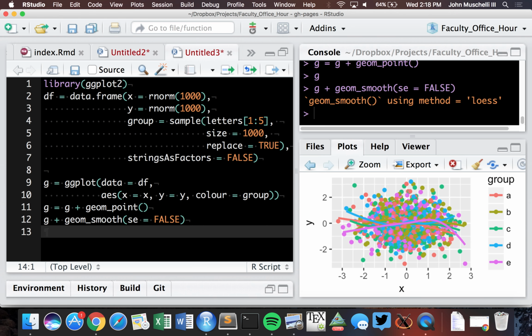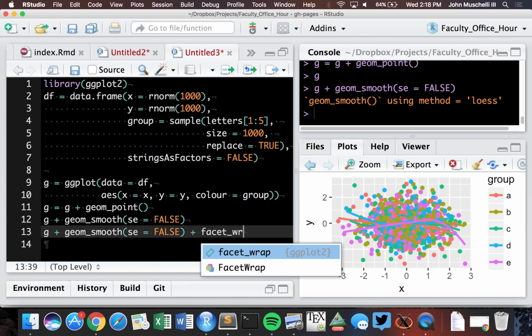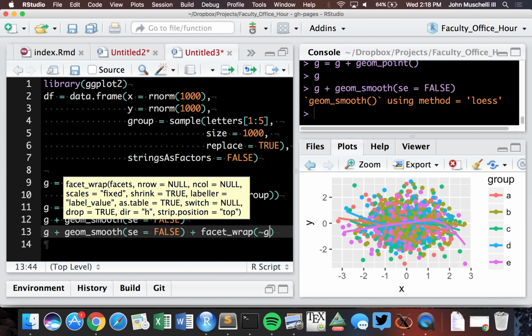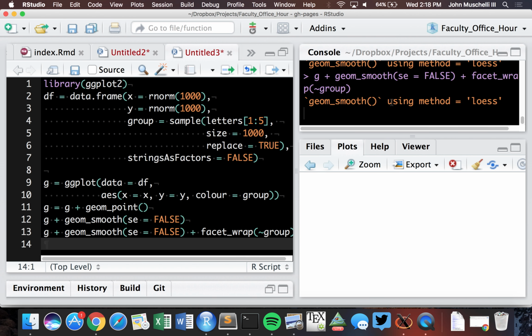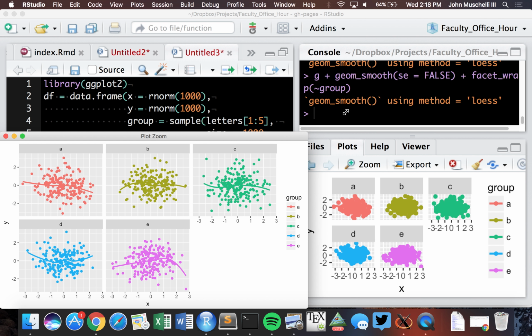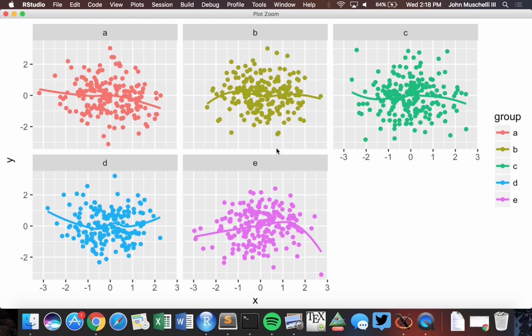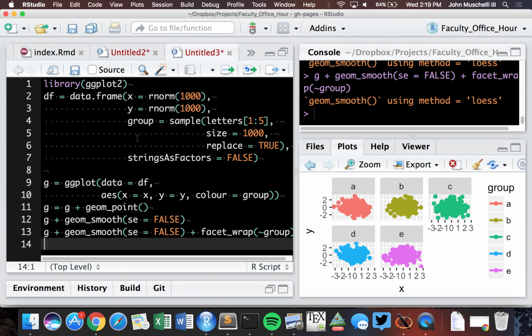Also, I like it where I might do a facet, where, yeah, I'll show you the code in a second. So maybe I want to separate them by facet. Maybe I still want the colors in there. But I want a smoother separately for each plot, right? So, okay, so what I did was,